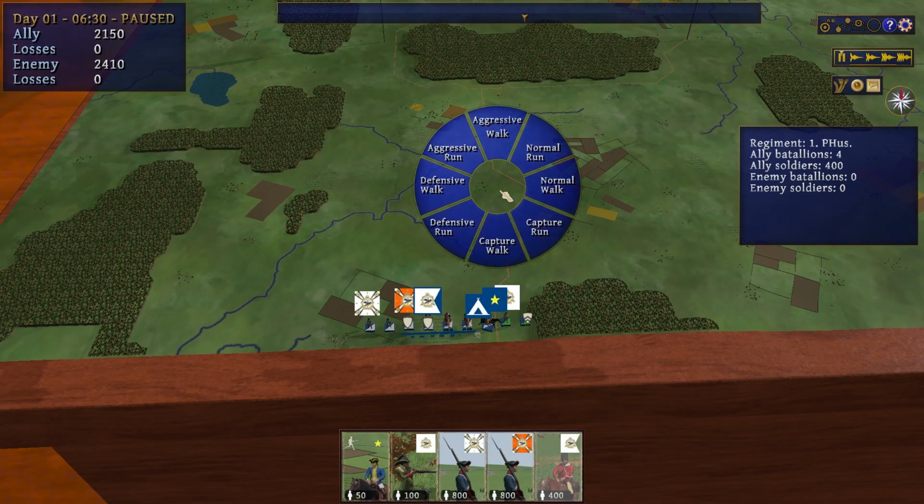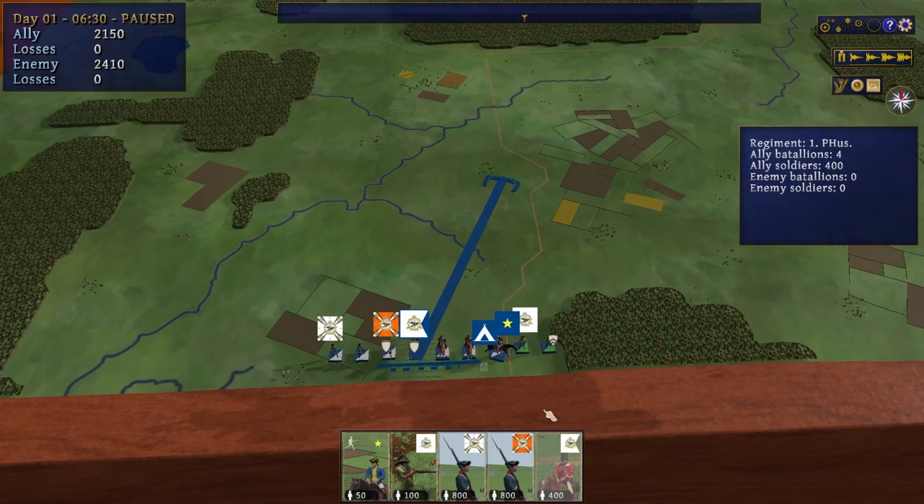You get a wheel that shows us some possibilities. Defensive means they're going to try to avoid contact with the enemy. Normal, they will seek out and attack the enemy on their way. Aggressive means they will do the same, but they will also charge at the enemy from farther away if the opportunity presents itself with an enemy appearing. And I'm not sure what capture, run, and walk mean yet. I've tried that a couple times. Nothing has seemed to happen for me, so maybe I'm just misplaying that one. I don't know. But we're going to go with a defensive walk up this way with the cavalry as well